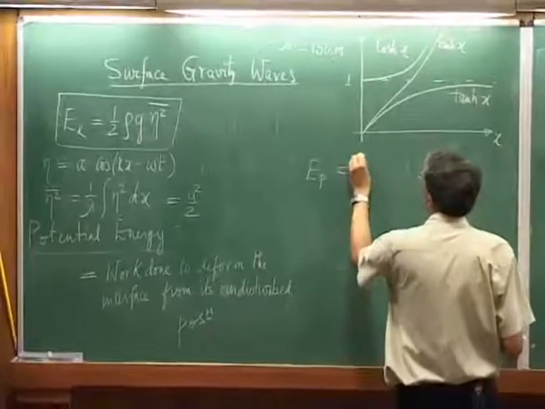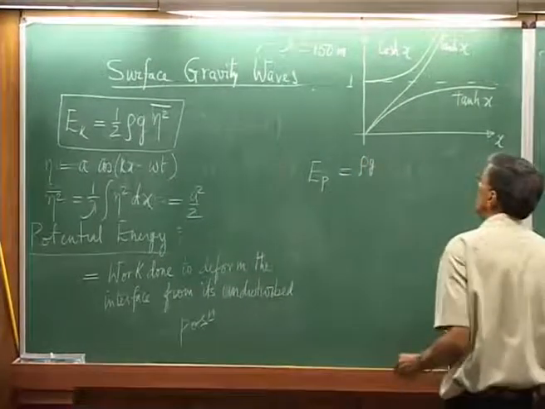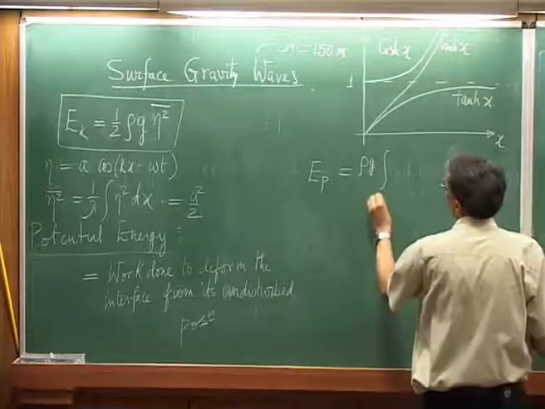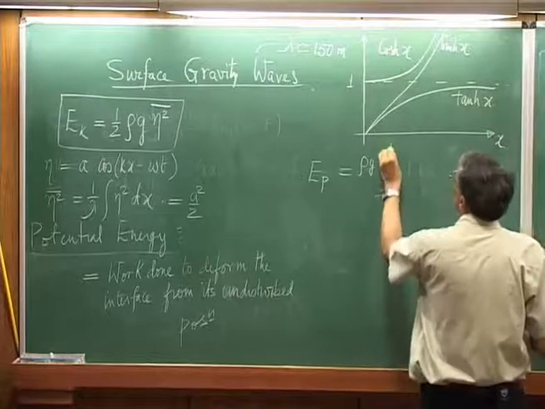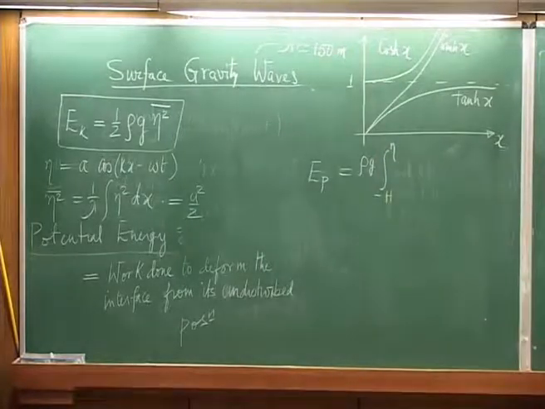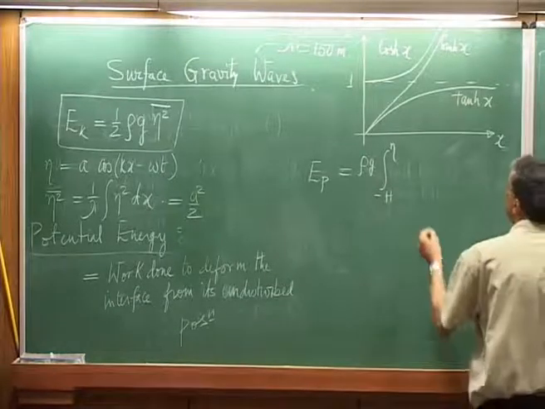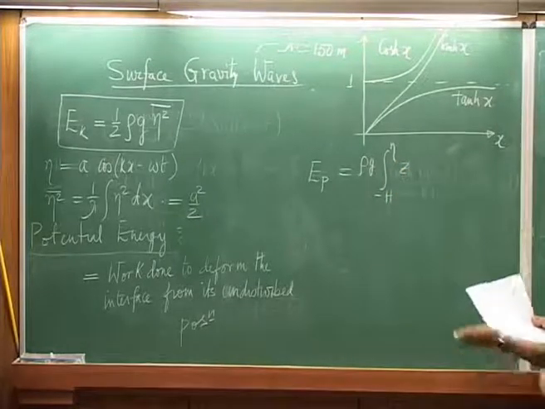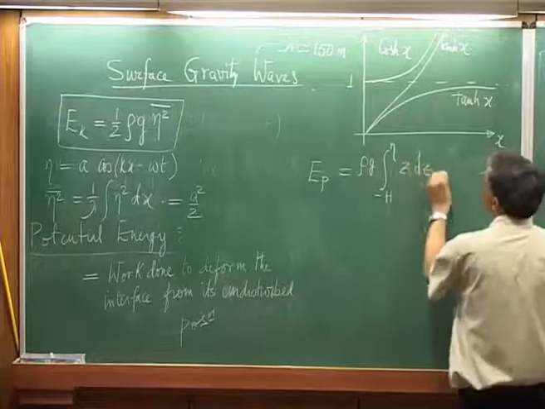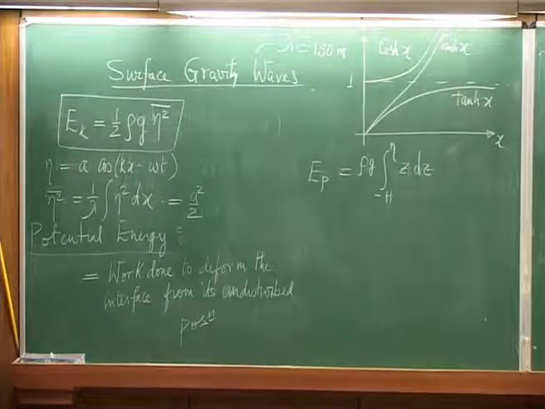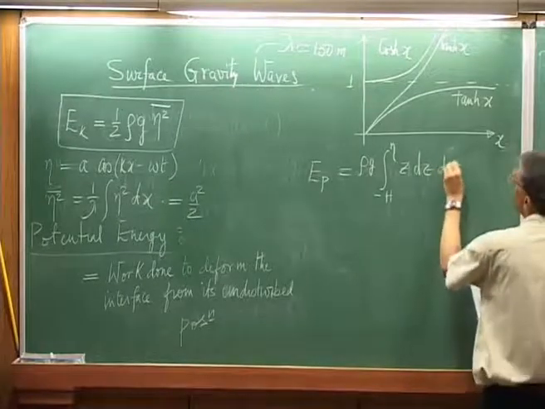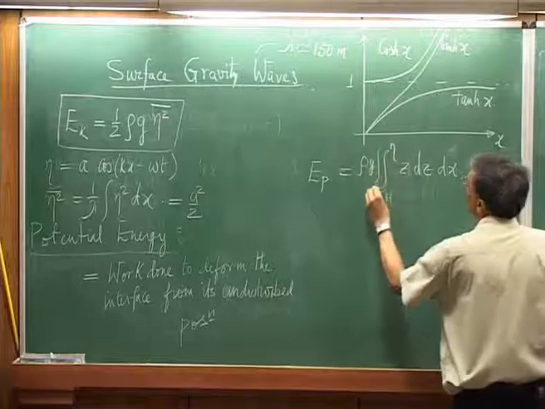Well, once again I will write the pressure work done that I will find out for the deformed case going from the bottom minus h to eta, the deformed phase, and rho g z will be the pressure that will act over small element dz, and I am integrating over the whole thing. And as we have done it before, we will integrate over x and